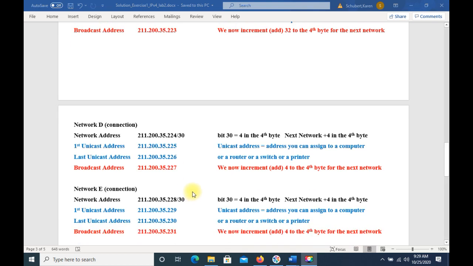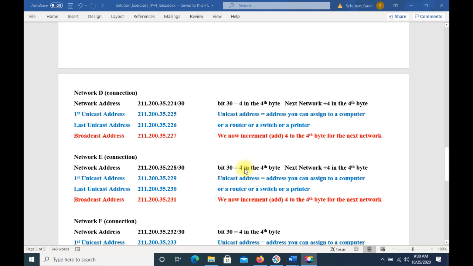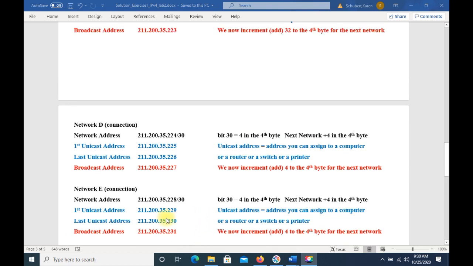Network E, we had added 4 to 224 to arrive at a network address of 211.235.228. We maintain a subnet mask of /30, meaning bit 30 is again worth 4 in the 4th byte. So to get to the next network, again we will add 4 to 228, so the next network, F, will be at 211.235.232. Again, network E only has 2 unicast addresses,